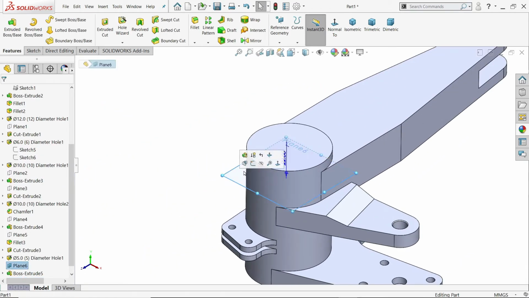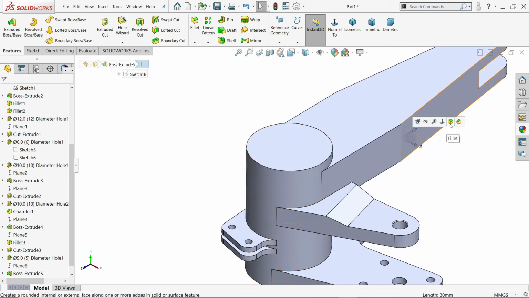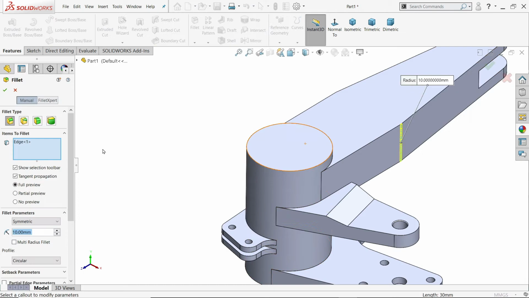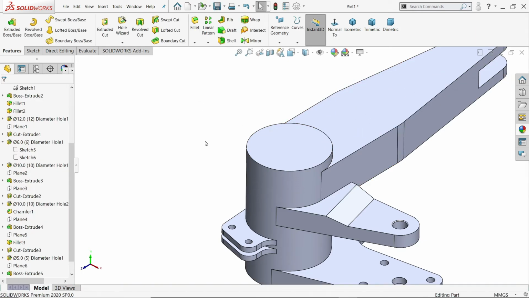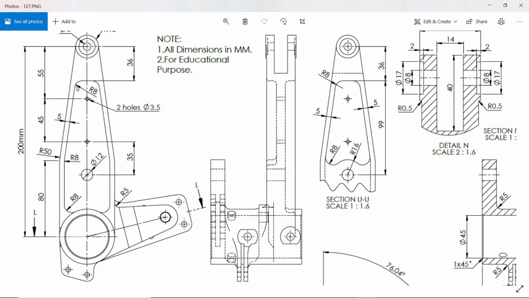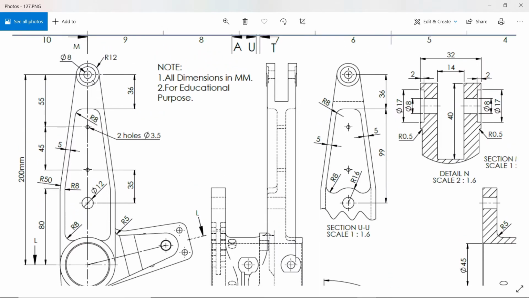Now let me hide. Activate fillet tool and constant size fillet and keep 50 millimeter radius. Same in both sides. Now let's make this cutout. You will see this cutout